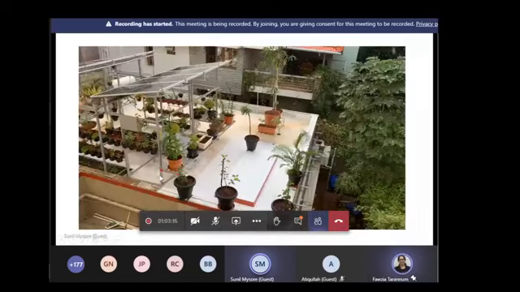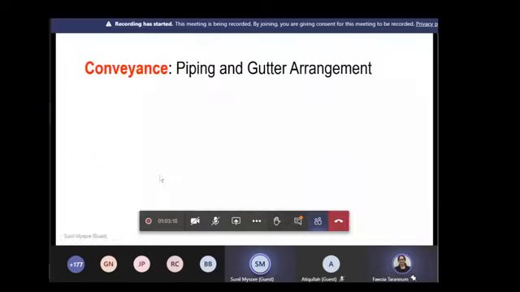The next part of the system is the conveyance. The water which falls on the rooftop, how does it get into the next set of arrangement? You can use either a rain chain or a CPVC pipe, PVC pipe, metal pipe, stainless pipe, whatever it is. But for a decentralized rainwater harvesting setup, I'm going to explain how this can be done.